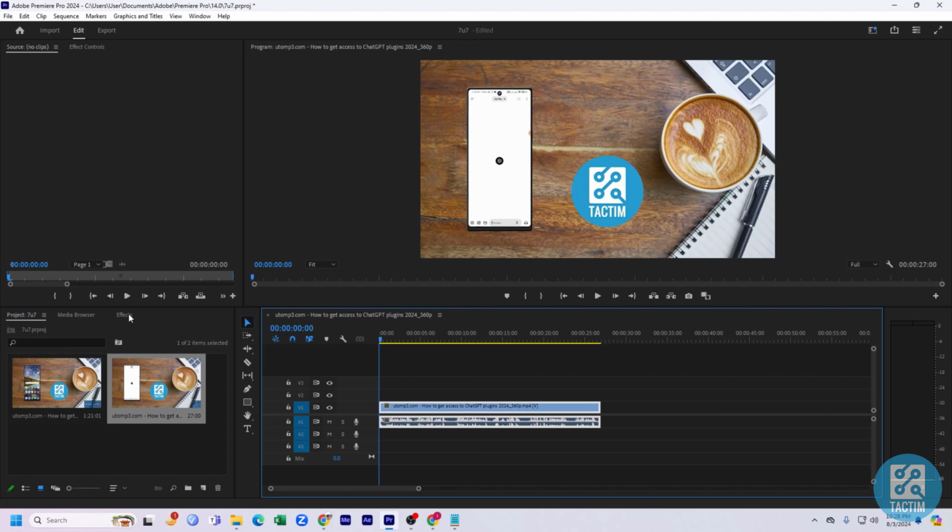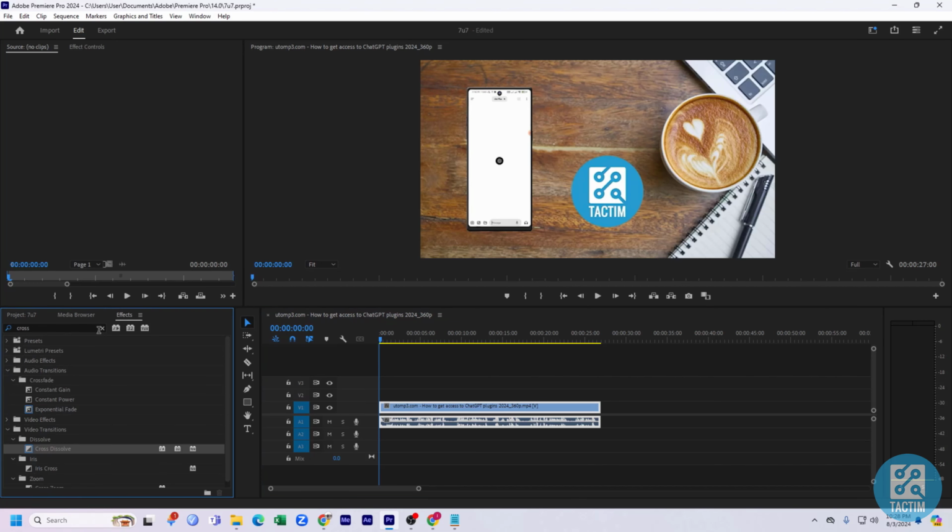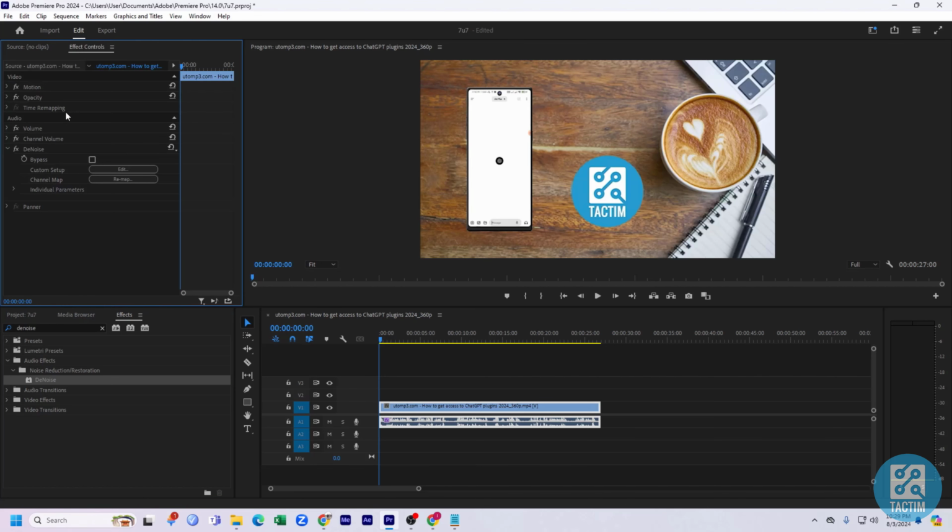So here you can see, click on effect and just search for denoise. And after searching for denoise, here you can see the denoise effect. Just click on it and drag it on here, and after that here you can see effect controls. Click on effect controls, and here you can see the denoise effect is here, and you can see the custom